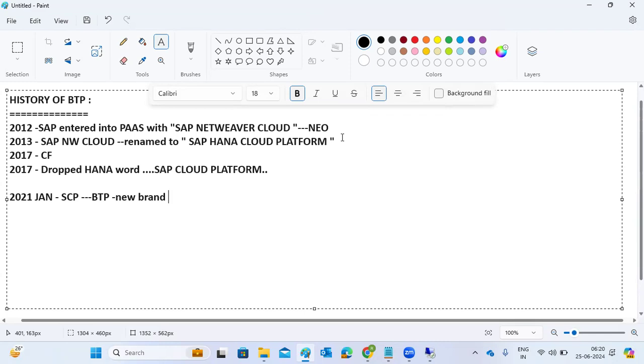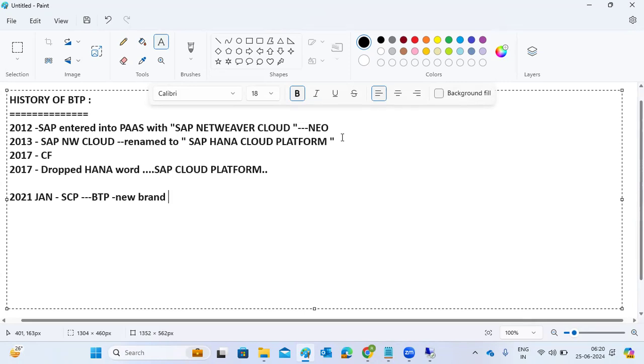They are providing more than just cloud services, so they changed the name to better reflect that in the market.